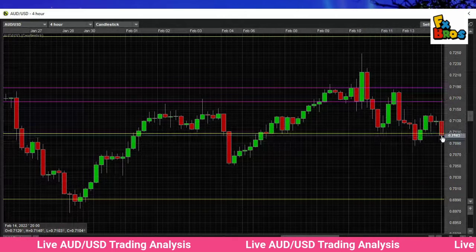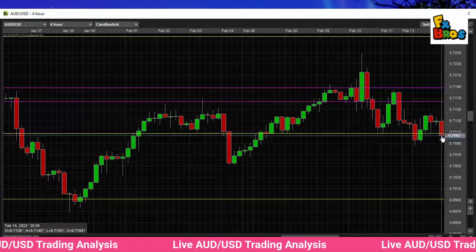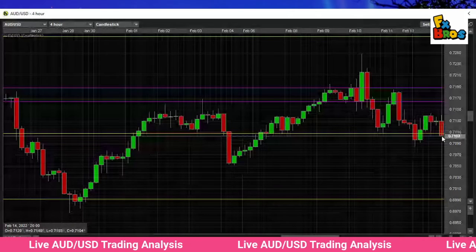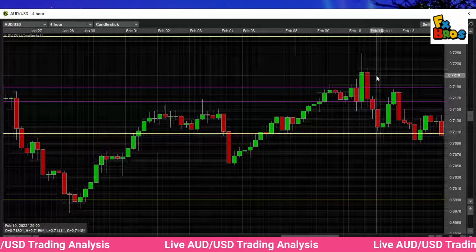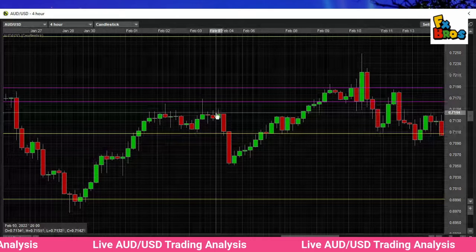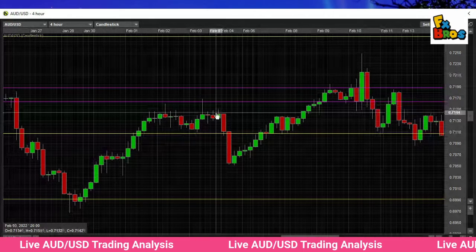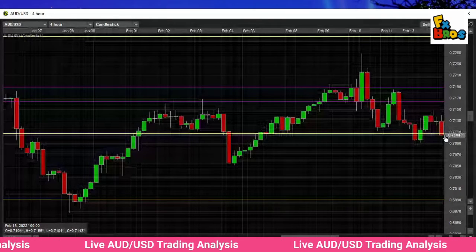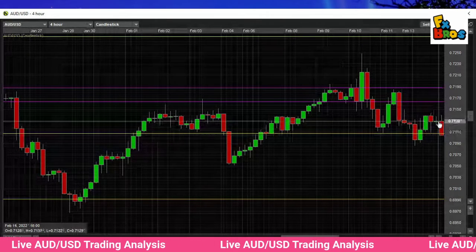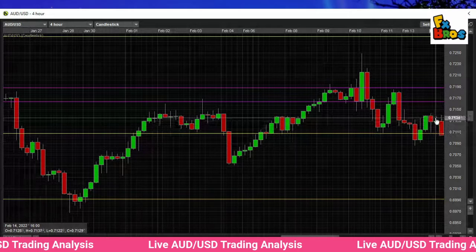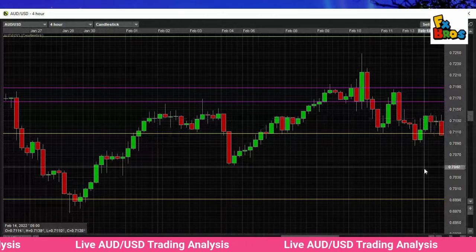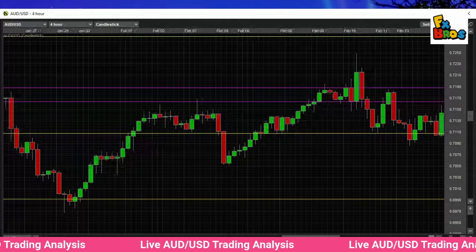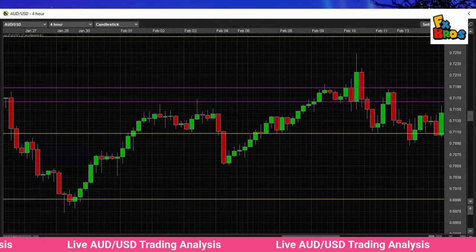Like me, honestly, I don't know if I could hop into a sell right then and there because of all this crazy stuff that's been happening, and then you got all this consolidation. I don't know. But let's just say, for instance, if you did, you would be entering in at 7104, stop loss about 7134. So you got a 30 pip stop loss. So let's see what happens. Oh, 30 pips